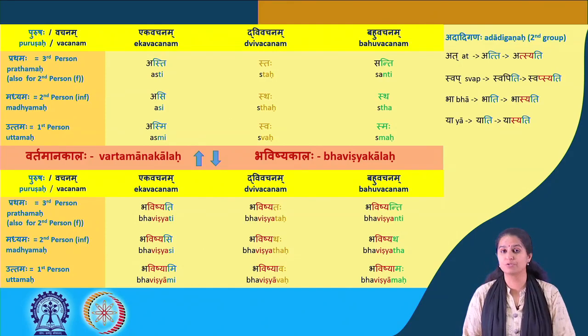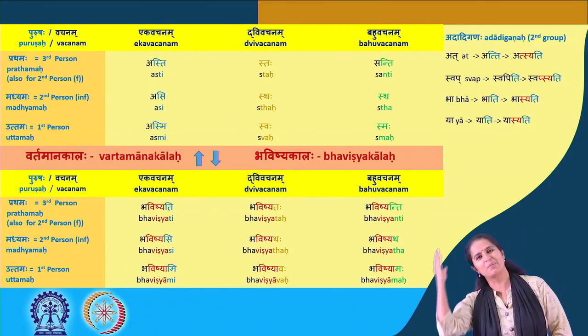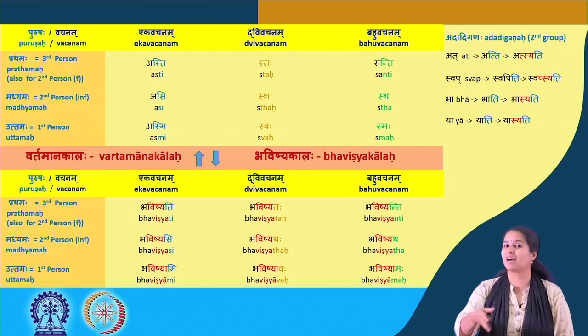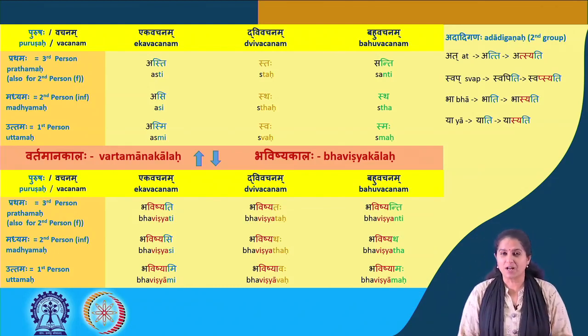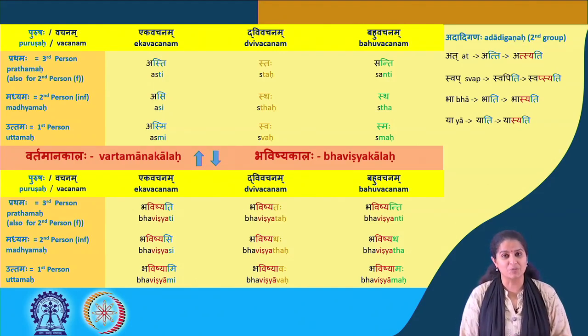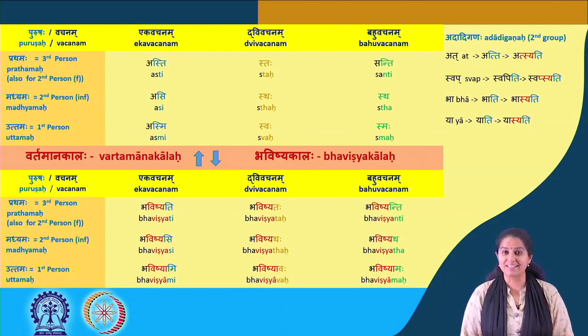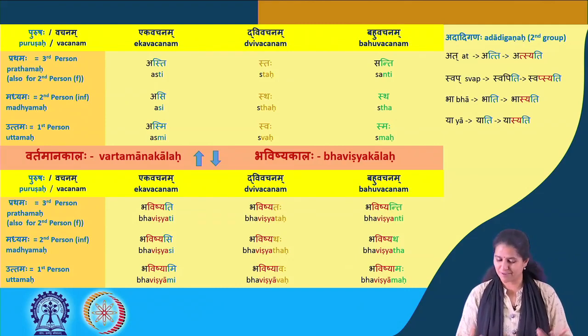And what happens to the future? Bhavishyati, bhavishyataha, bhavishyanti, bhavishyasi, bhavishyathaha, bhavishyatha, bhavishyami, bhavishyavaha, bhavishyamaha. Alright, so I'm going to do it in rapid fire mode, and I'd like you to see if you're able to say it along with me. Ready, steady, go. Bhavishyati, bhavishyataha, bhavishyanti, bhavishyasi, bhavishyathaha, bhavishyatha, bhavishyami, bhavishyavaha, bhavishyamaha. Astu. It doesn't matter if you're not there as yet, but I look forward to you catching up on that as fast as you can.